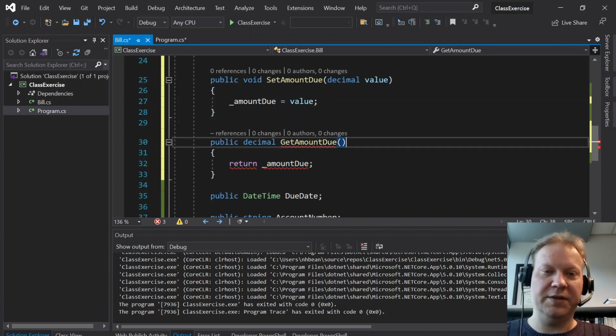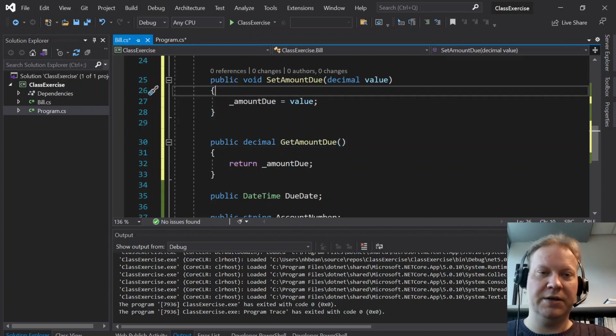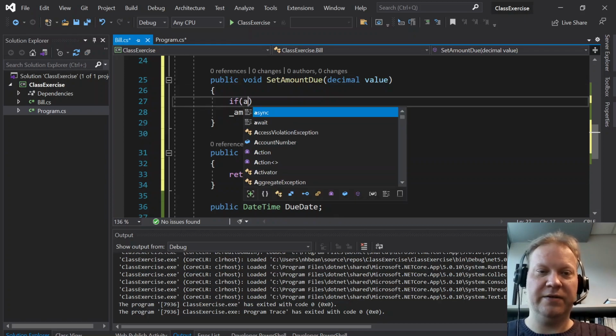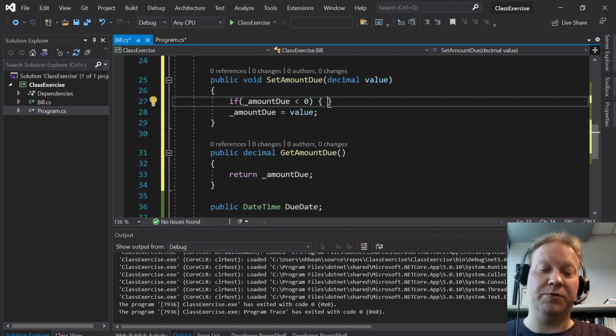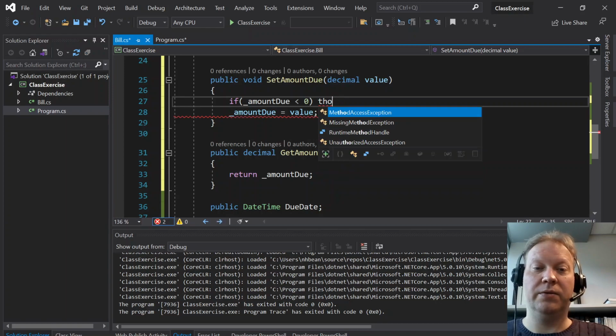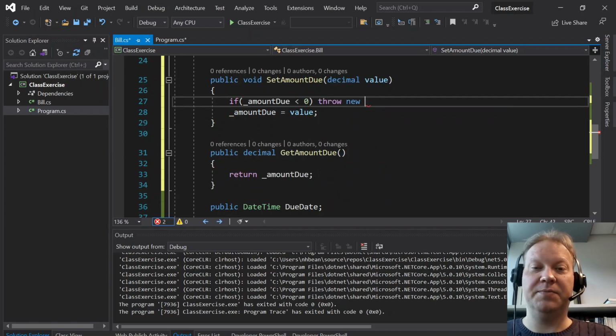And I need a parenthesis there because this is a method definition. Then I could add if amount due equals or is less than 0, then perhaps we want to throw an argument exception,